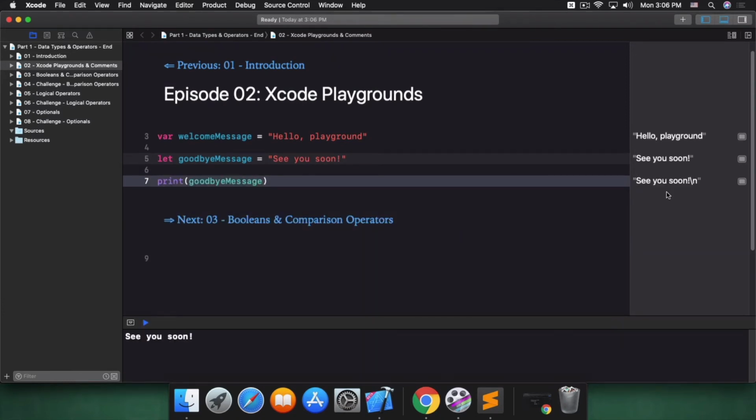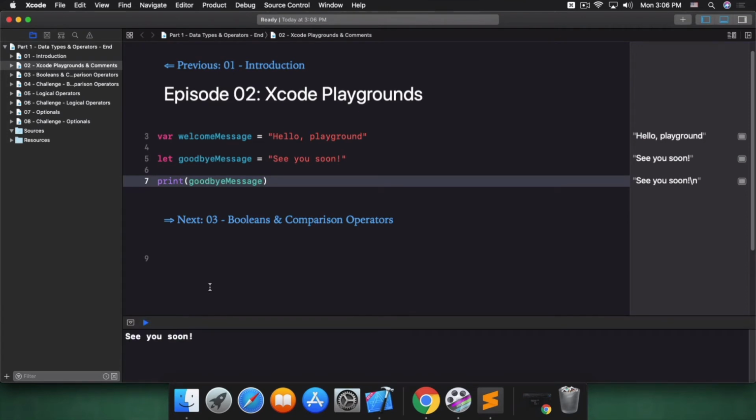Oh, now you can see they're separate things. Notice you can see the results of each line of code in the sidebar, including the print statement, but the console only shows the print statement. The console popped up on its own because I printed something to it, but you can show or hide the console anytime you'd like. There's a button to toggle the console in the upper right here,